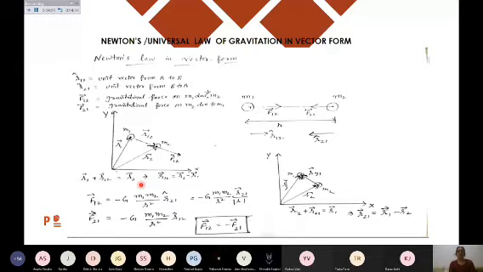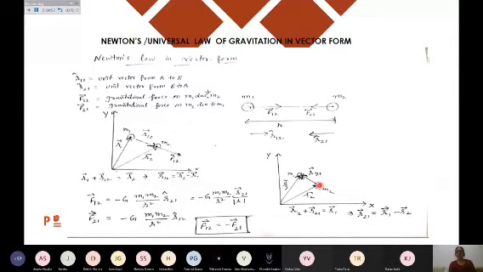This is the r12. Similarly, if I'm moving from 2 to 1, this is r21. My displacement vector r21: if I'm moving from 1 to 2, I'm calling it r12, and if I'm moving from 2 to 1, I'm calling it r21. That is the direction, if I take the unit vector. But here if I'm finding r21, then of course I can apply the triangle law again, with r2 and r21 in the same order, and r1 in the opposite order.